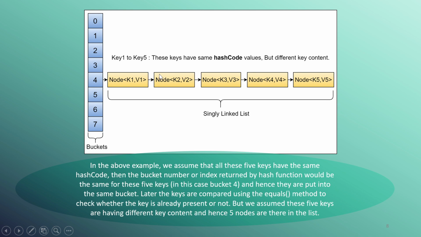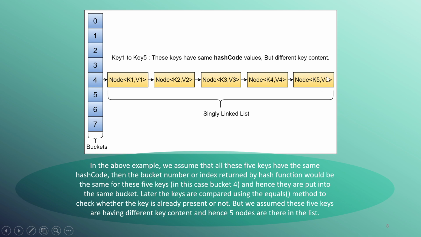What will happen? Again, I get 100 as my hash code and I do a mod 16. I land up in this particular bucket, the fourth bucket. Now, it checks each node. I am trying to insert K5, and K5 is already present here, using the equals method. So that means it is already present. It is not going to create a new node. It will just replace this K5 value.